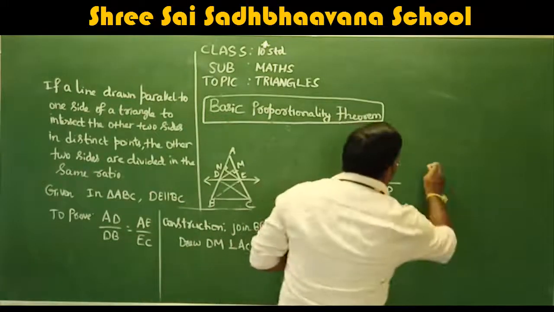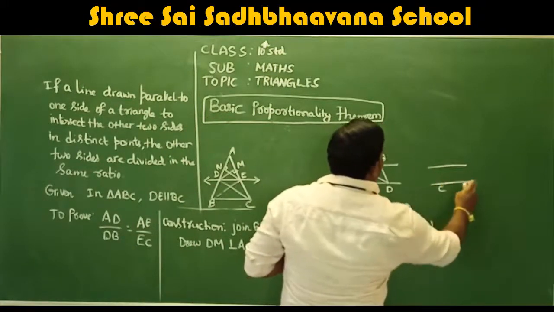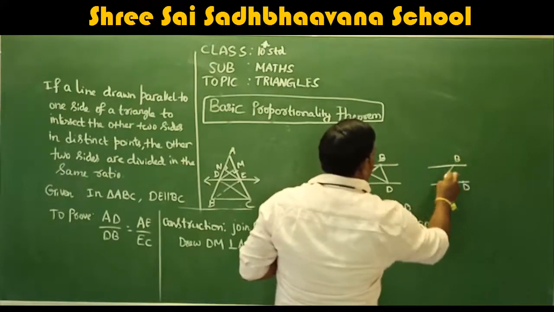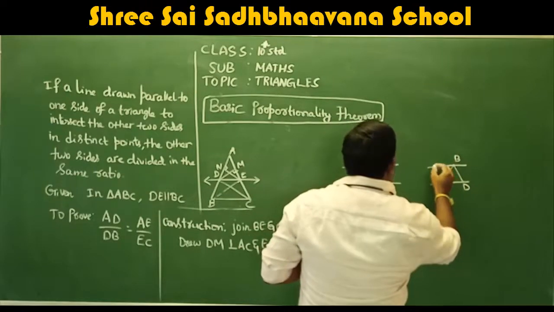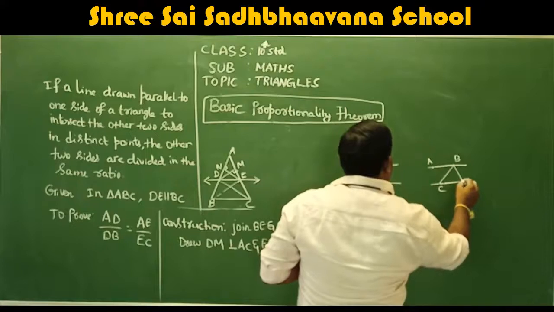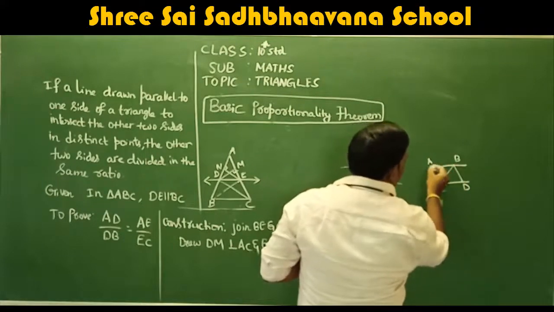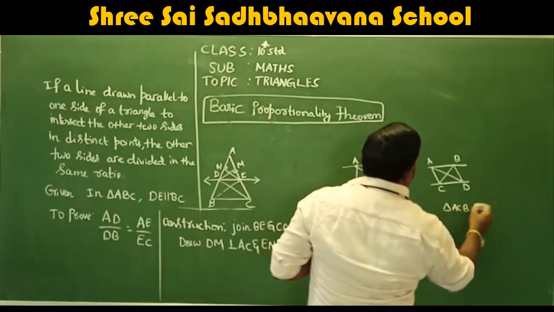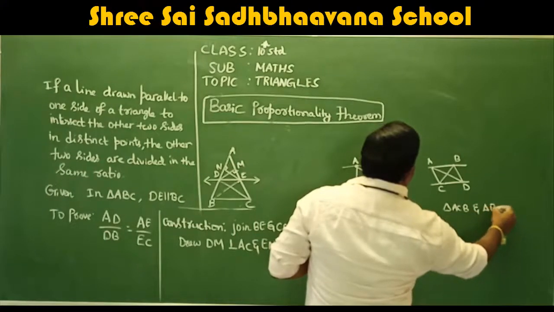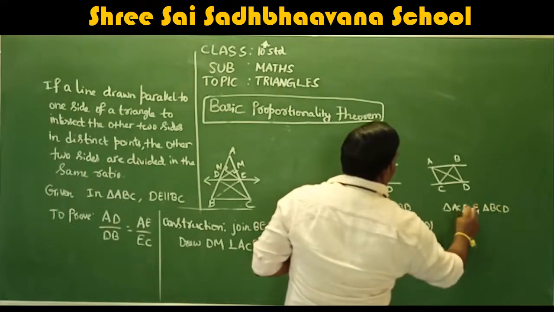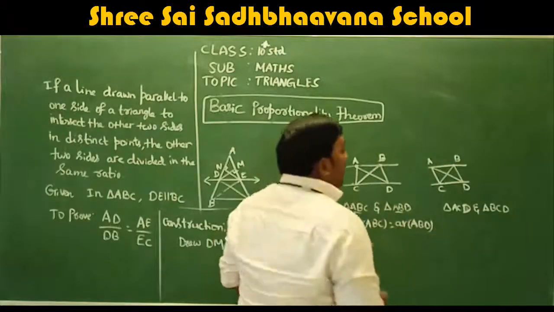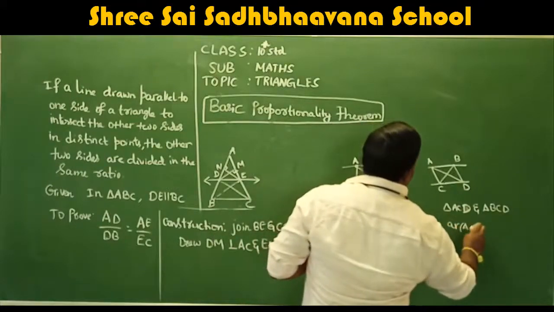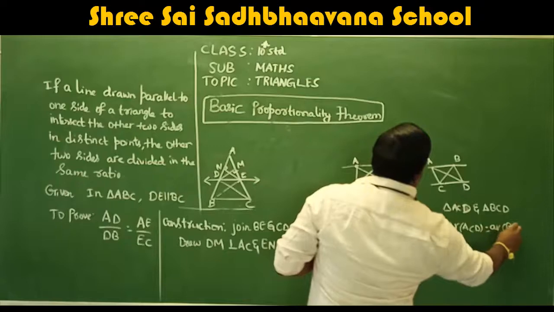Yes, you can also take CD as the base. Take CD with two different points here, and I take B here. I draw one triangle like this, and I will consider A here. See, CD as a base, remember. What are the triangles formed here? One triangle is triangle ACD and another triangle is triangle BCD. Both of them have the same base. So in this case also we can say area of triangle ACD is equal to area of triangle BCD.